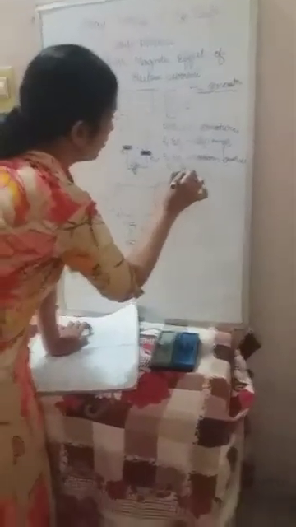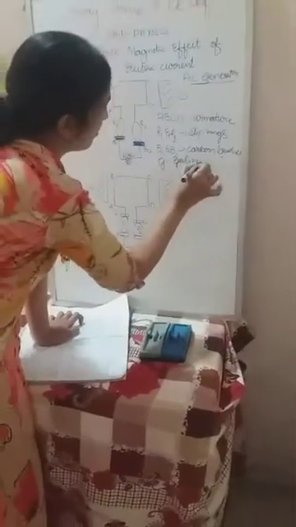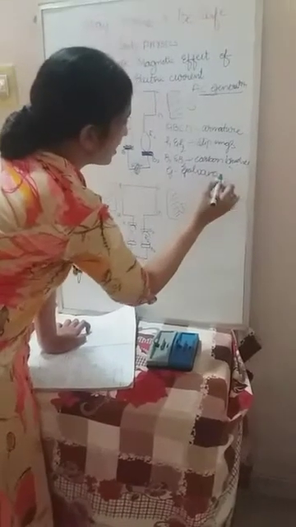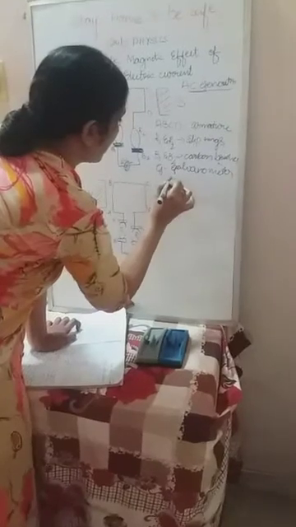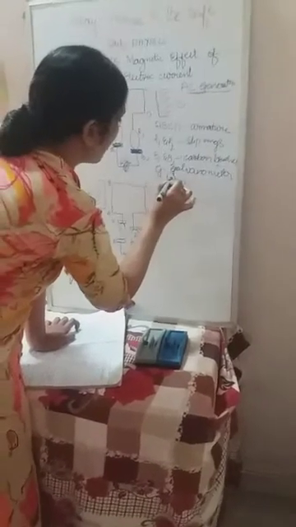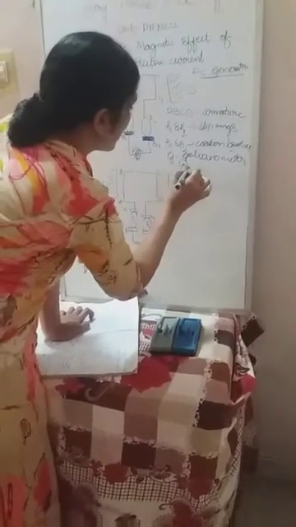So those carbon brushes are connected to the galvanometer. G refers here to the galvanometer, or we can use an electrical bulb instead of a galvanometer. So both we can use.